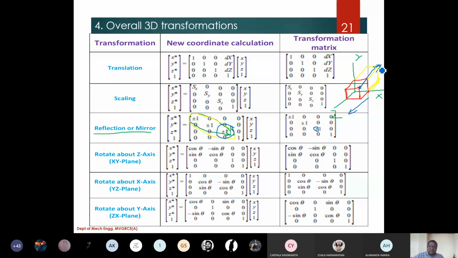So I have to affect only the z coordinate. The xy coordinates I should not affect. So these two I have to use positive only for this operation. So the first two plus or minus will be only positive, whereas if you use -1 here and multiply that matrix with x, y, z, 1, then I will get x, y, minus z, 1 as the new coordinate corresponding to the old coordinate. So that is how you have to analyze which one should be positive and which should be negative, depending upon the mirror plane.